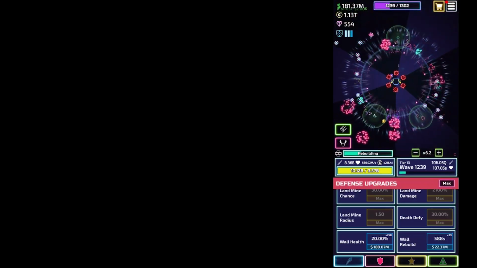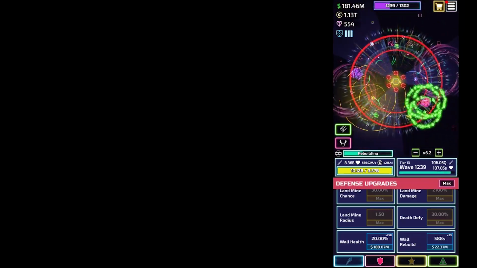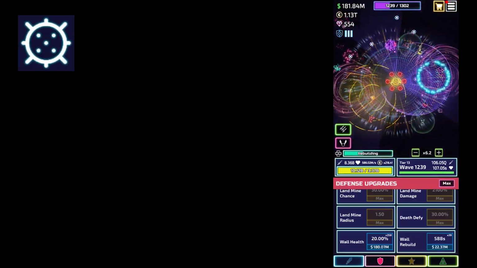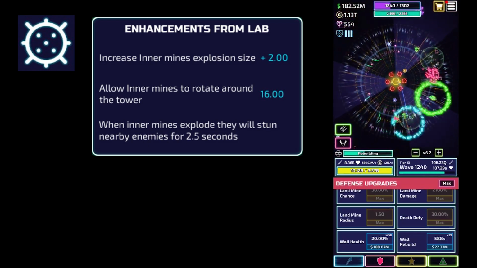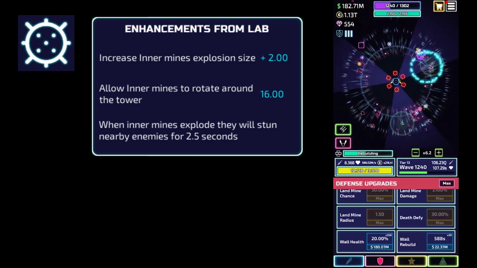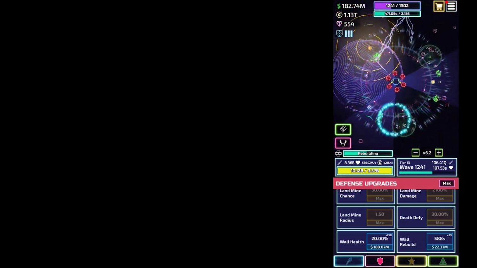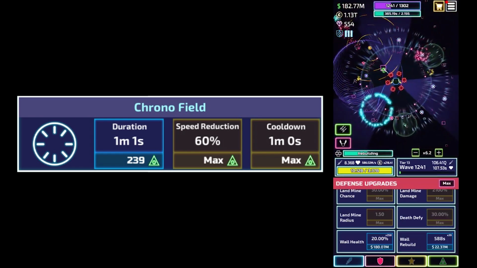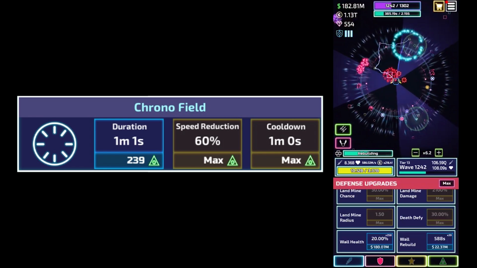There are a few extremely helpful tools, which are technically not required, but will help you immensely. The first of which is inner landmines. You will want all of the labs maxed to stun the boss, while preventing damage from other enemies behind the boss, and allowing the boss to be stalled for longer if the boss was early. Another tool is a 100% uptime chrono field. This one is most likely required, but it is probably possible to do without it if you are a near